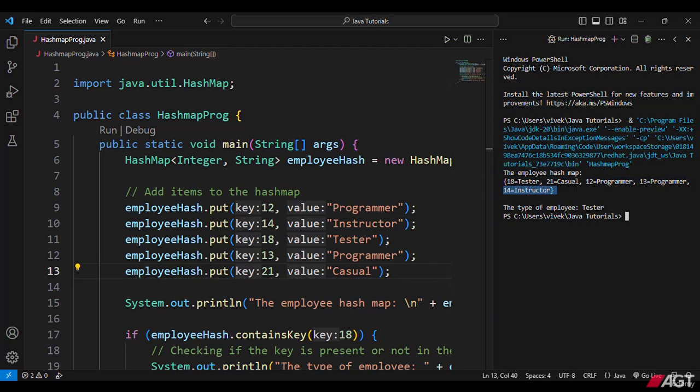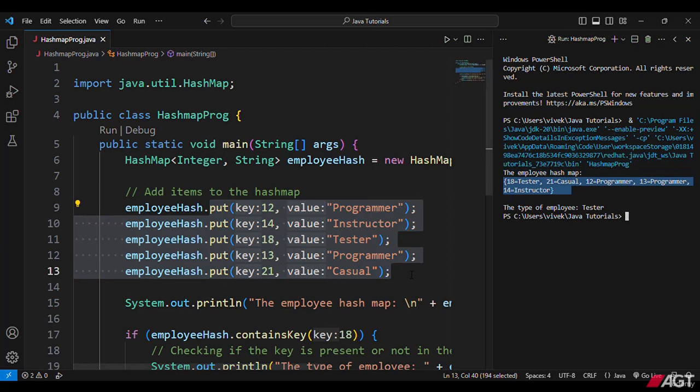You see the order in which I put all these items, they are not occurring in the same order. Also you can find that the value has been repeated, but the key cannot be repeated here. You see the value has been repeated. Here we have programmer, here also we have programmer, but the key values are different here. So if you go for another one, say if I put this one,